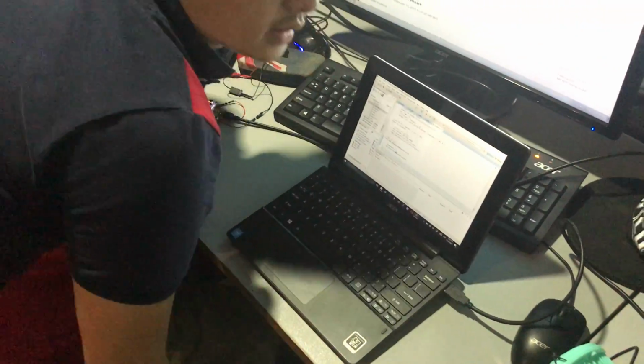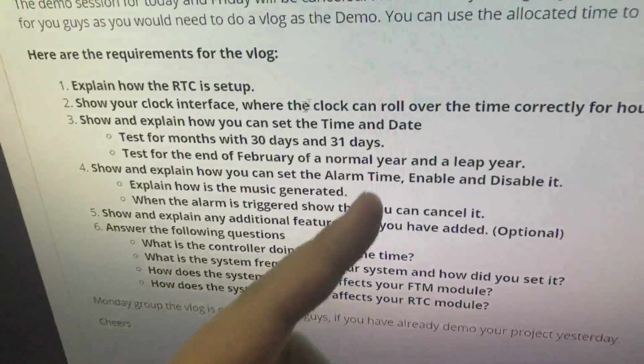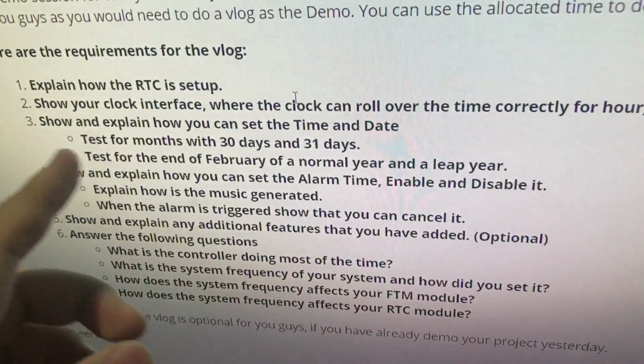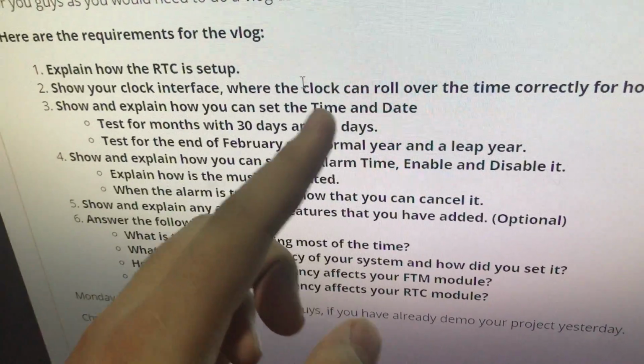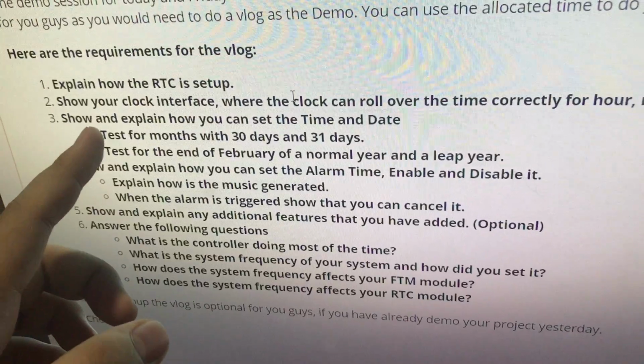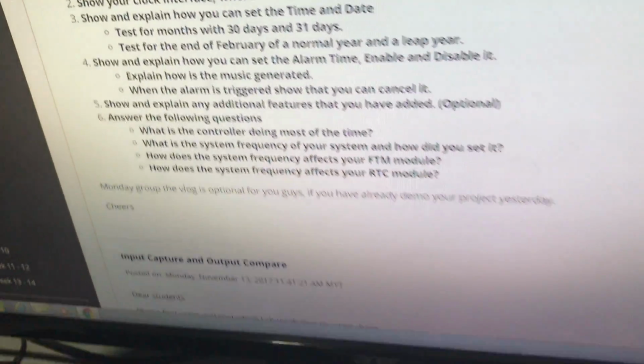Hello, I'm Alex, and I'll be explaining about the interface where the clock can roll the time correctly for our minute and second. This one was already covered by Vince just now, so I'm going to explain how we can set the time and date. So basically, what we have here is